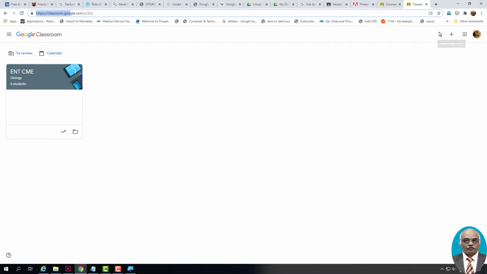I will zoom out. So whenever you are creating a class, all the class files will be held in your Google Drive. By default, inside the free tier, you are given 15 GB of space without being charged. So this 15 GB space is used to host your Google Classroom. Beware, it is the same space that is used to hold all your Gmails.